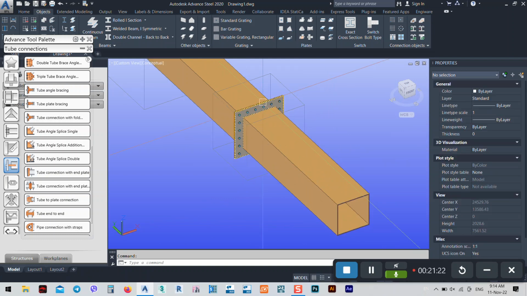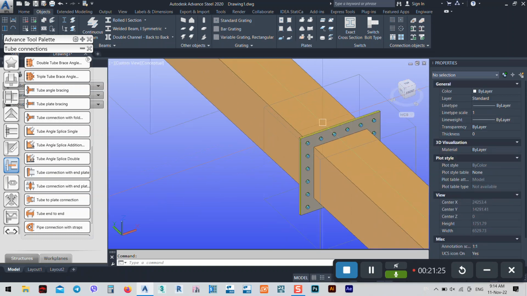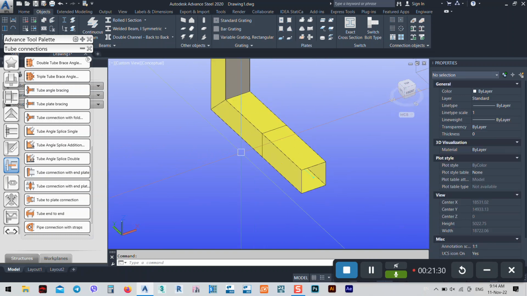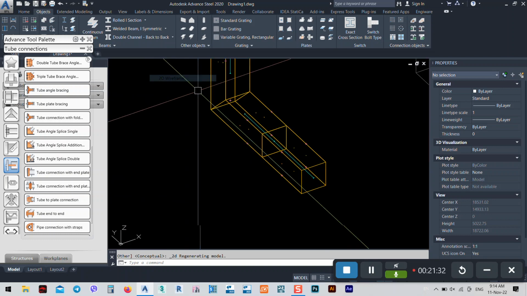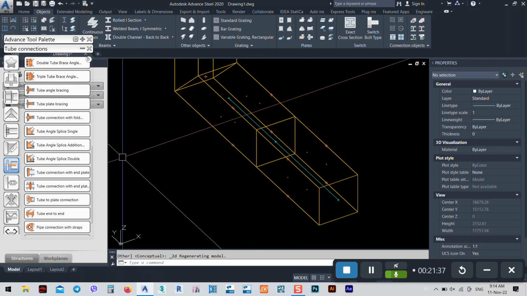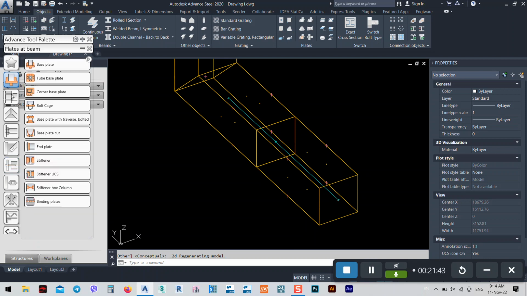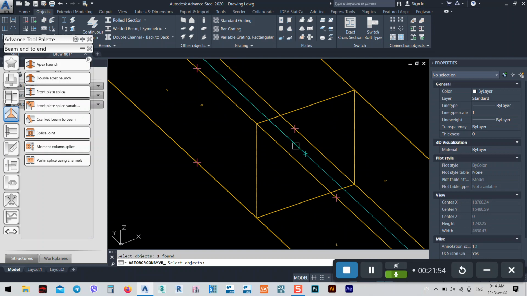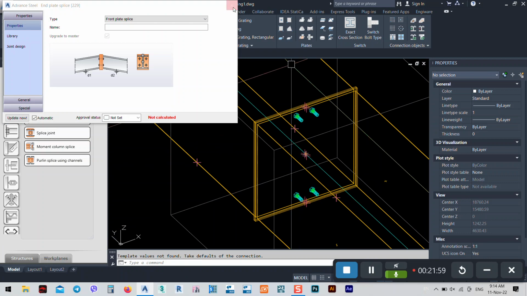Okay, so now we have this kind of duct. We could make this one. So how about if we make it with this kind of type, which we made from the built-up section, how can we make it? Again, it's easy. We can go to the beam ends as we used before. This one, the splice plate here. You have a splice plate, and I can select the first one, enter, the second one, enter. Now I have this